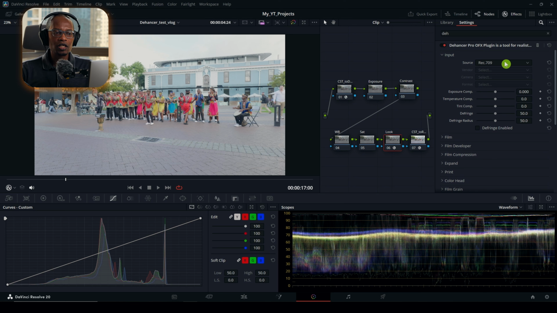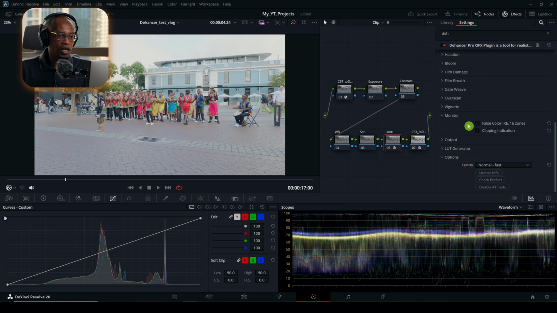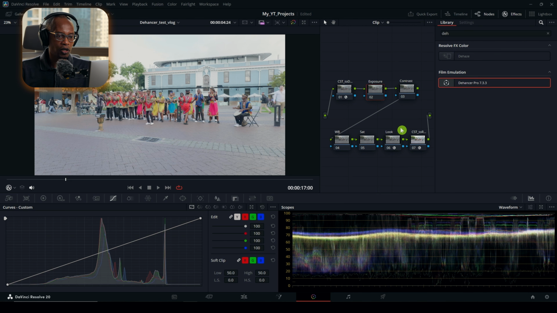Under Input, first thing to do is select the source. I select Davinci White Gamut Intermediate. Remember, because we've already transformed the color space. Again, I'll leave these other sliders for now. What I'll use now is a Monitor tab, because the next node I work on is the second node, the